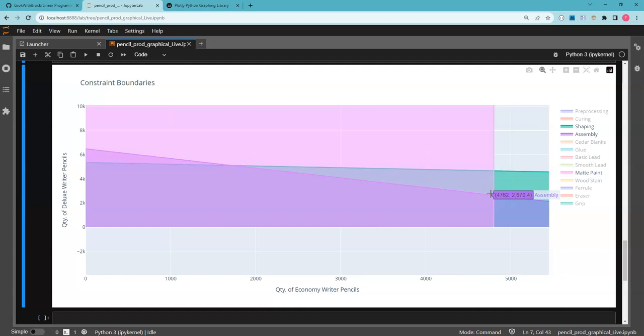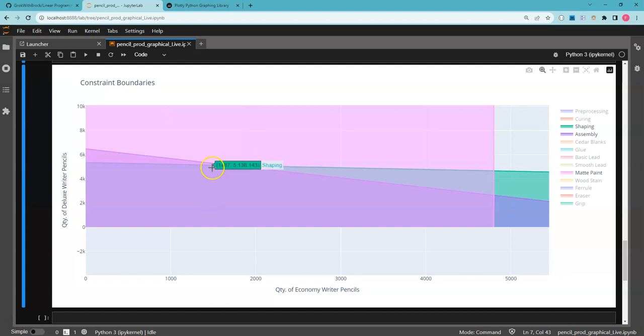And so that's the series of points that we now need to figure out. One of the things we were interested in doing is being able to create a trace that just shows that feasible region only. To do that, we would need to find, for instance, this intersection. And that intersection we said was where the shaping and the